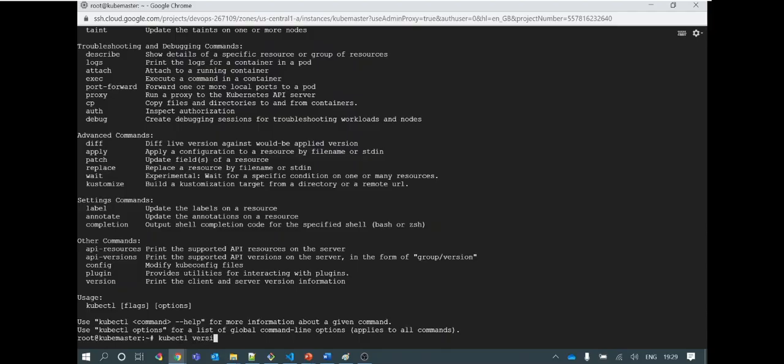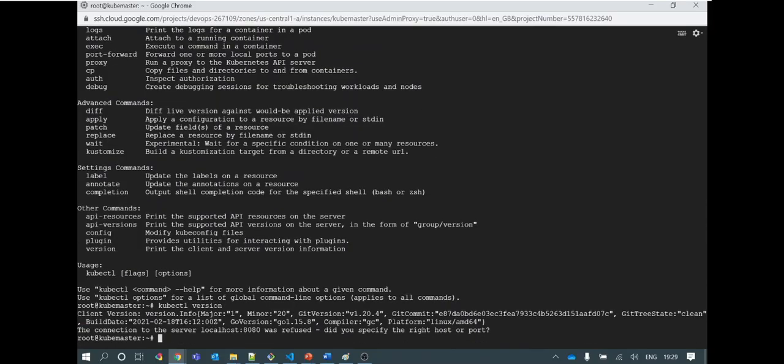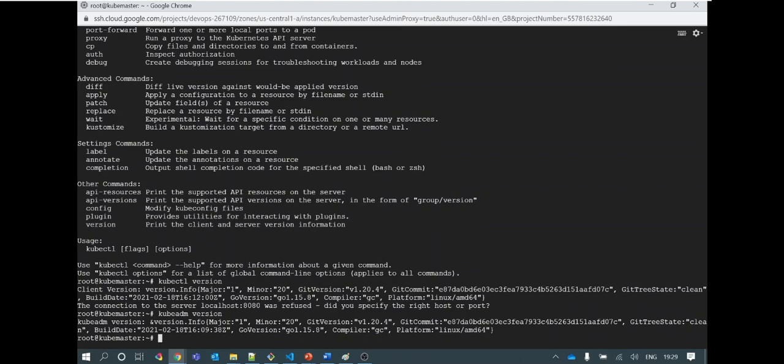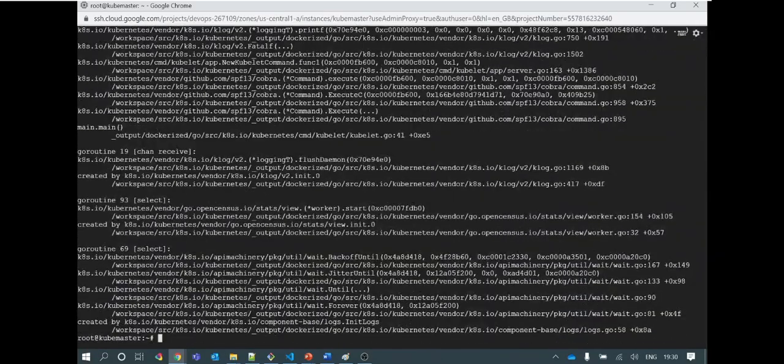See, so the kubectl client version is installed, and major and minor, all details are showing here. Similarly, I can check for kubeadm. kubeadm is also installed, and kubelet I also can check. Perfect. So everything is installed.